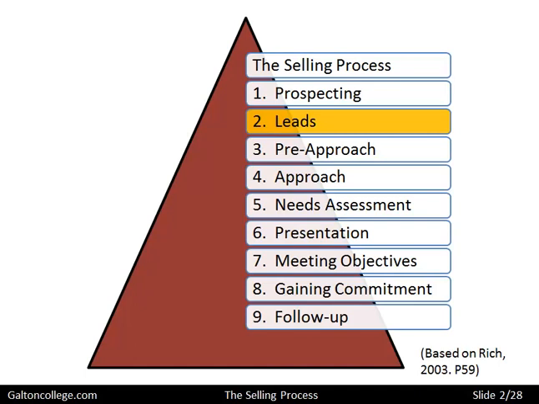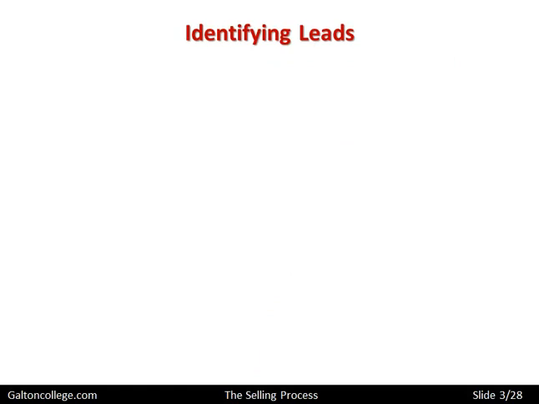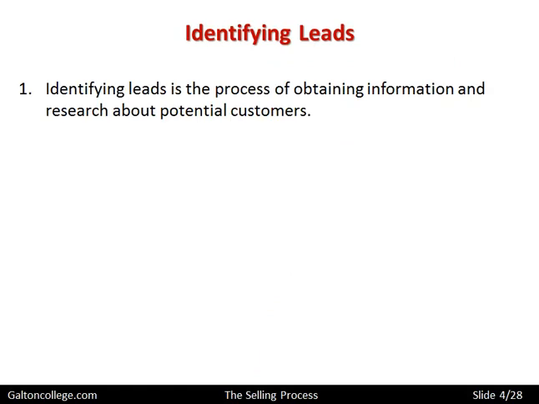So we've looked at prospecting in the previous class. Now we're going to look at leads. Identifying leads is the process of obtaining information and research about potential customers. It's important that the sales team have some idea about the background of the customers or of their particular interests. The more information, in fact, the sales team have about the customer, the easier it will be to make a sale. So it's important to identify the customer and the customer's background, as well as their potential to make a